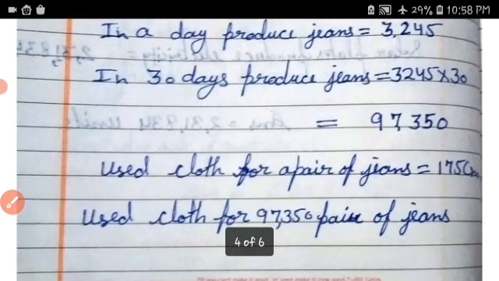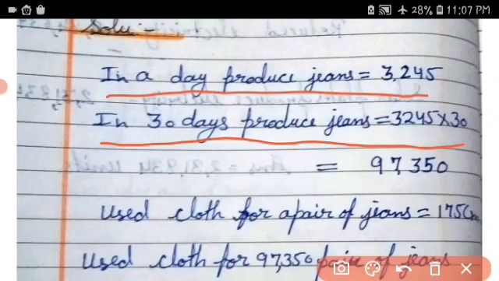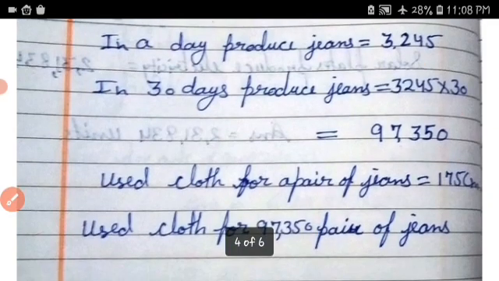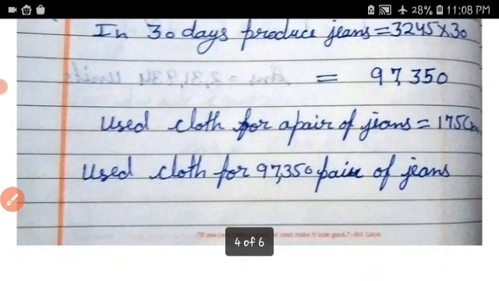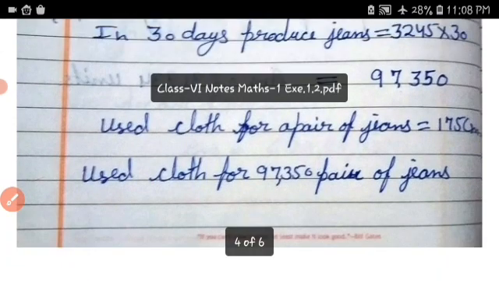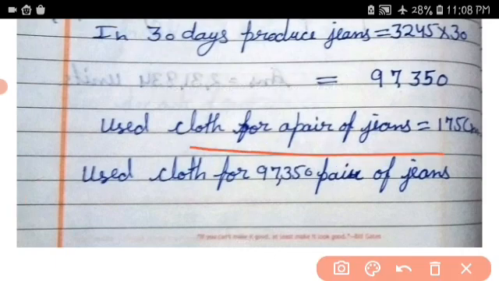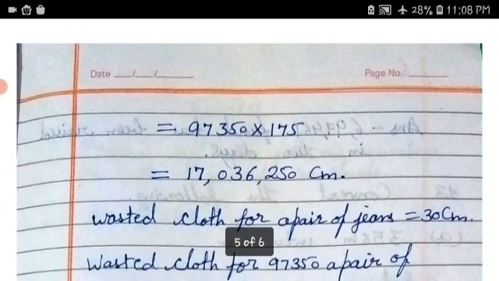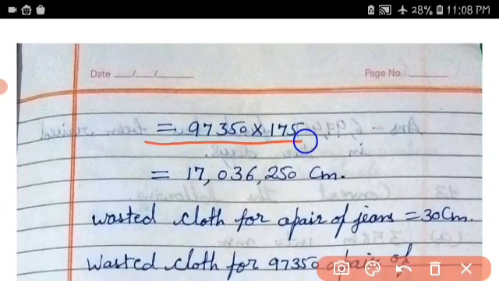Cloth used for a pair of jeans is 175. So 97,350 pairs of jeans multiplied by 175. So the answer is